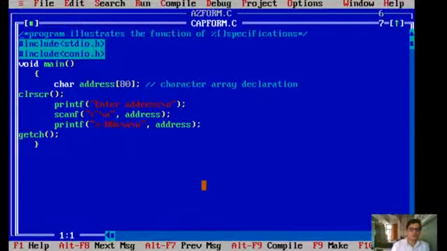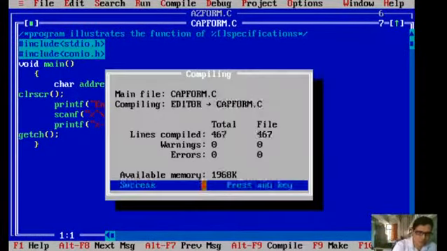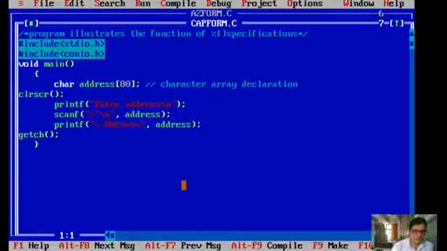This is our program, right? Yes, let me check. I'm compiling and I'm running. So it is asking for the enter address. Wait, why? What happened? Clear screen. Yes, this is the clear screen, right?